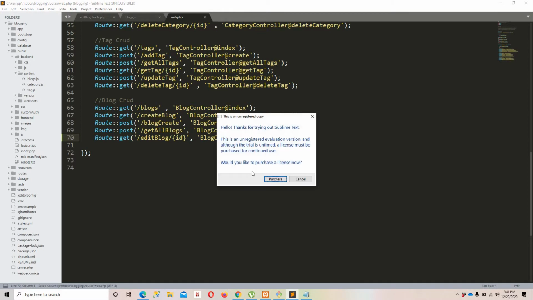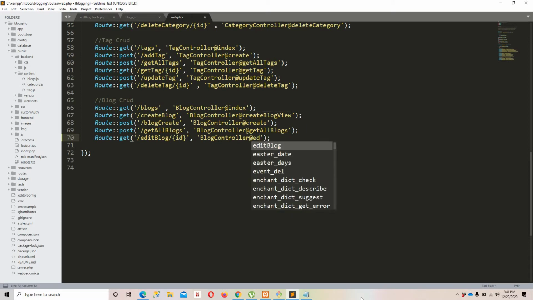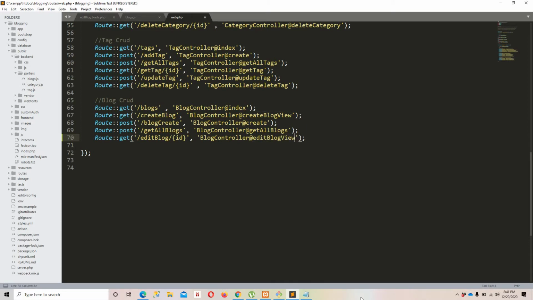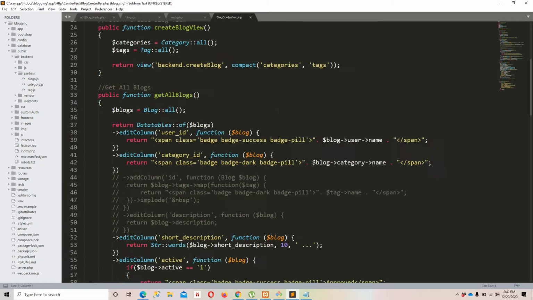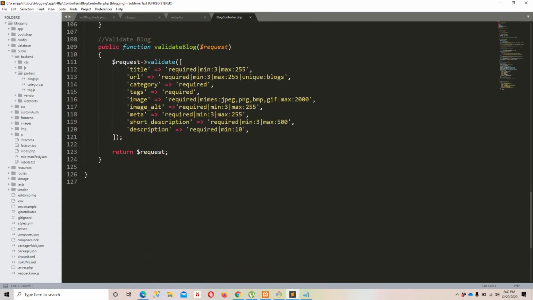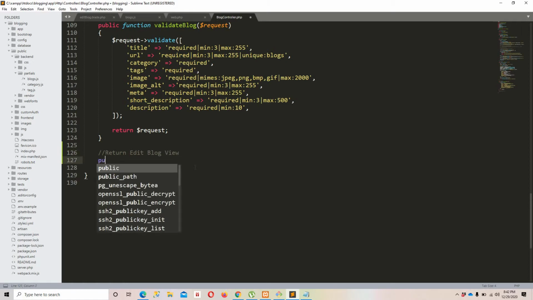Just remember that. Okay, let's move forward, and in this case once again I'm going to use the block controller, and for the view, let's say I don't want the create block view, but I want the edit block view in this case. Okay, so let's create this function in the controller now. Control P, block controller. Let's move down to right here. Okay, let's move forward, and I'm going to put a comment, return edit block view, and let's create a method,